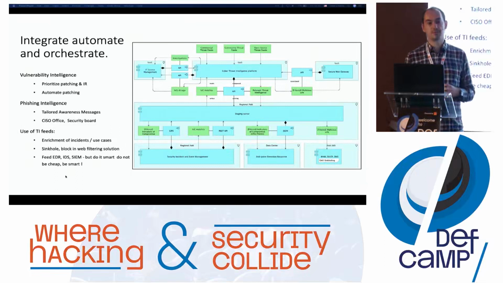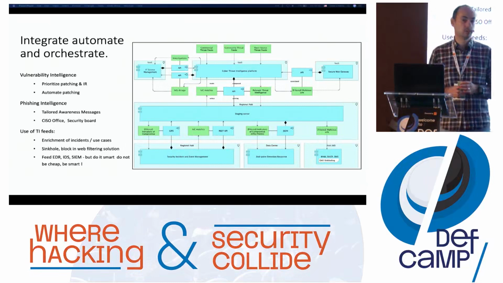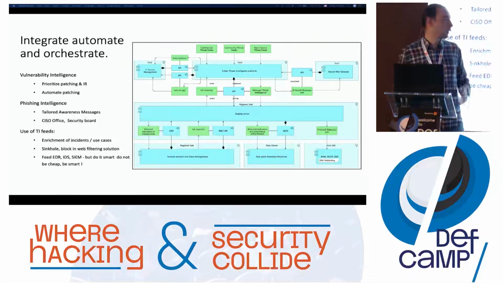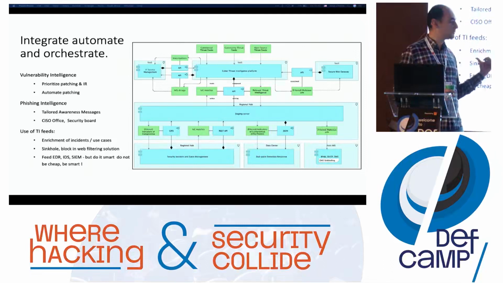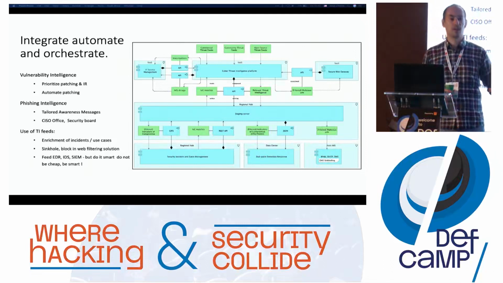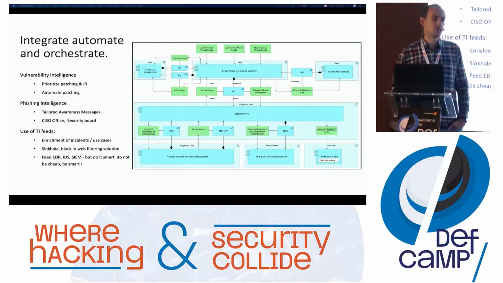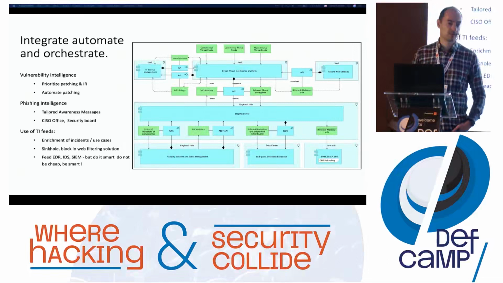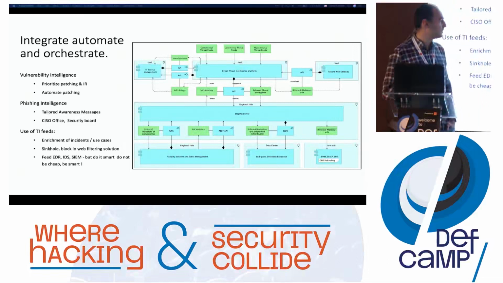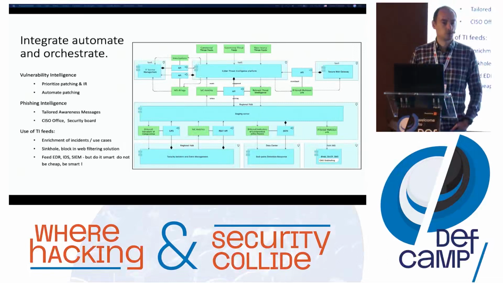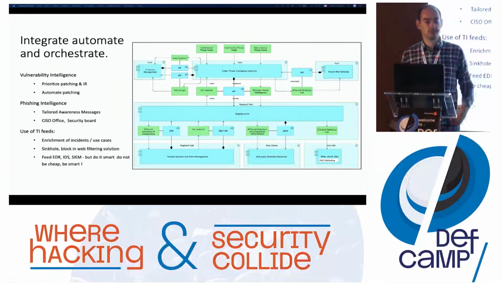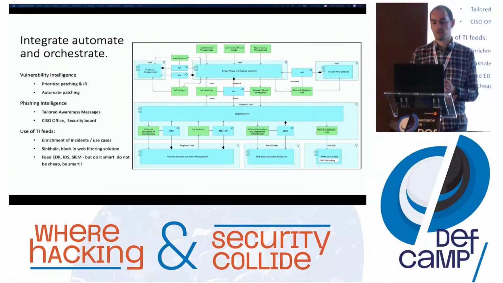Also use the threat intelligence feed in a smart way. It's up to you to figure out where you want to enrich the information that you have in your incidents. Is it in the SIEM? Is it before you hit a use case? After you hit a use case? You may have some limitations, probably with VirusTotal or with DomainTools, in terms of how many API calls you can have per second. If you're going to ingest millions of IOCs in your SIEM, guess what? Your cost will increase and you'll hit the thresholds for the APIs that are being limited.